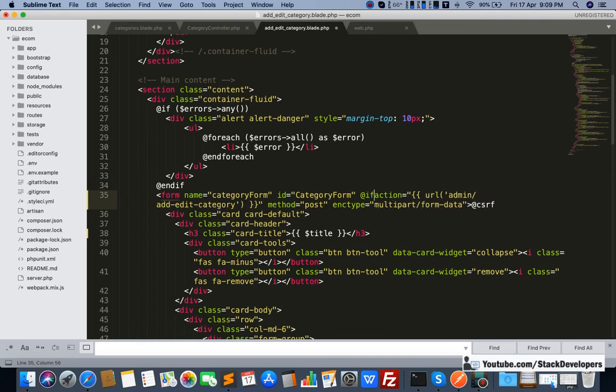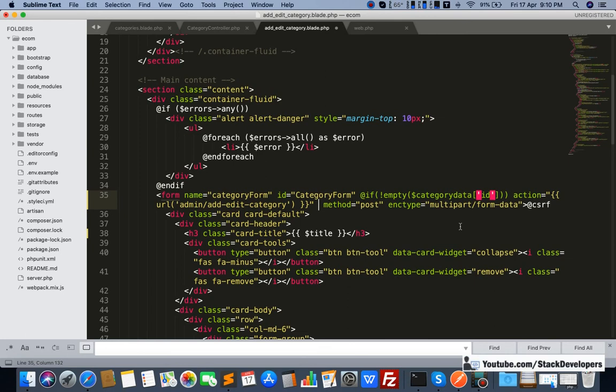Add here an if not empty. See, we have the category data. If ID is empty, then we are going to use this action.